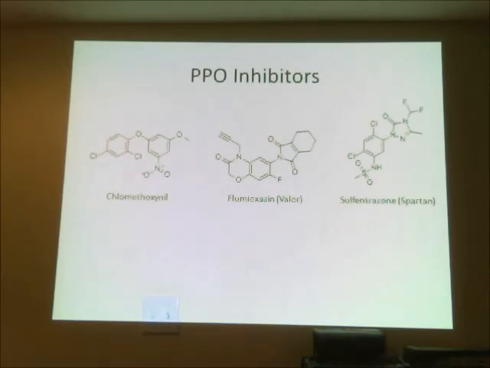And here we have a class of PPO inhibitors, clomethoxanil, which is a phenoxy compound, flumioxazin or Valor. This compound is a phthalimide, this is a sulfonamide. It's also a triazole, and this is called Spartan. So these are all PPO inhibitors. So I just wanted to show you these, that last one being a porphyrinogen oxidase inhibitor. That was the PPO that inhibited